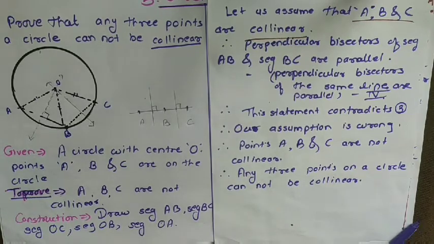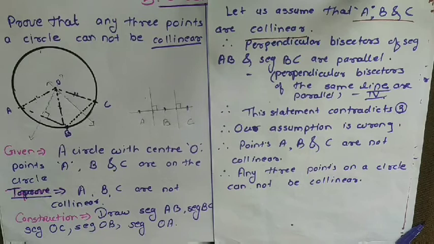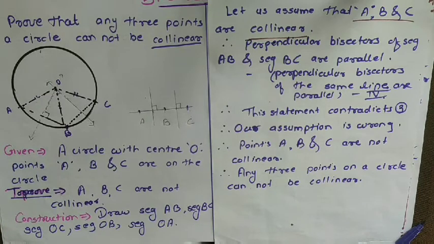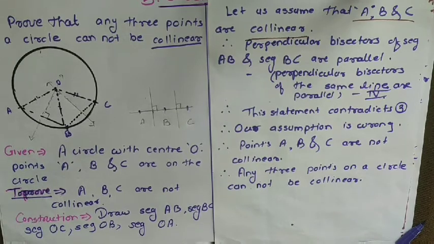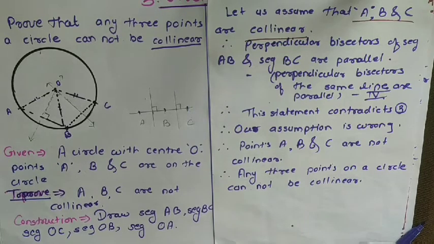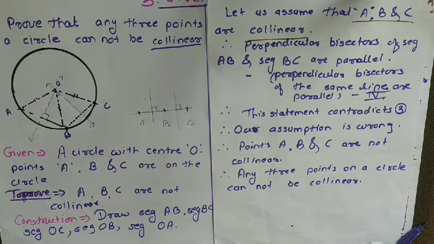Okay, so in that way we can prove that 3 points on a circle cannot be collinear, and that is the last example from the lesson on circles. Today we have finished the big lesson of our syllabus, the circle. In our next lesson we are going to start geometry construction, and for that lesson you have to buy all the geometry things, compass, pencil, and measuring tools, so you have to bring all of them.